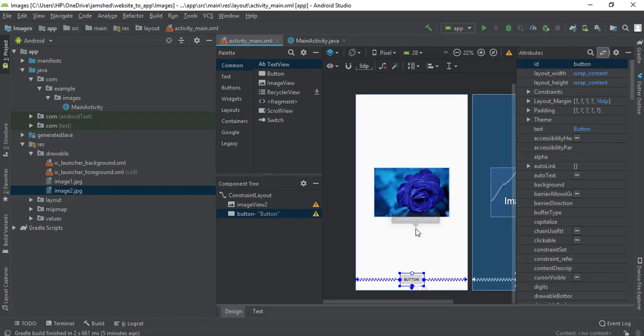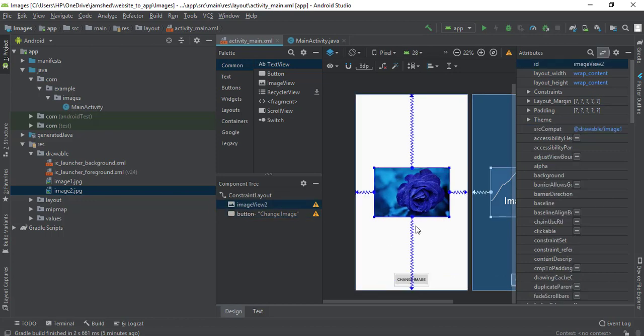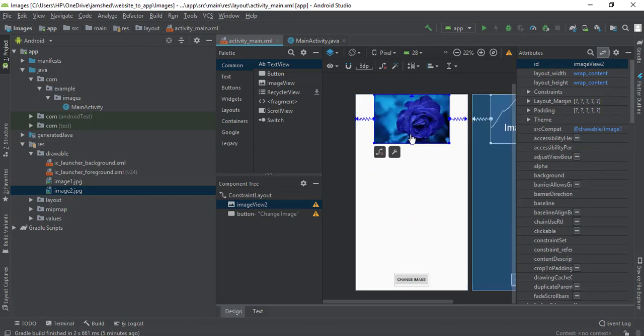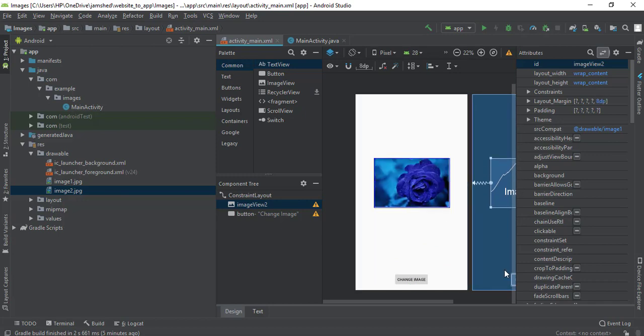So for that I'm going to, first of all let's change the text of this button. For example, just change to change image. Alright, next I want the size of this image to be from this button to the top of the screen. So first of all I need to add this constraint to the change image button, and now I can increase